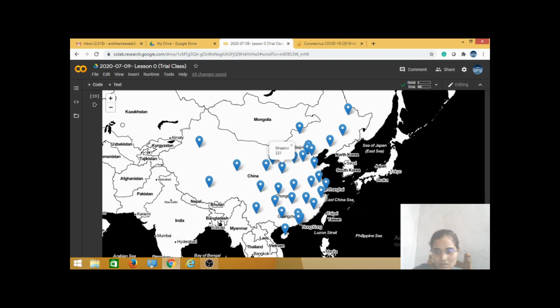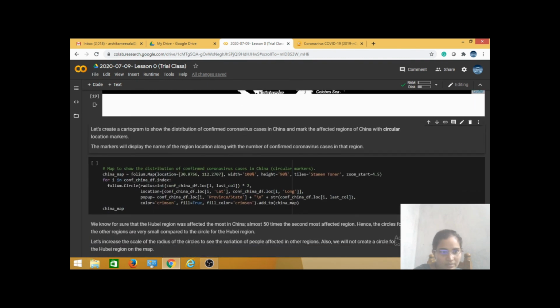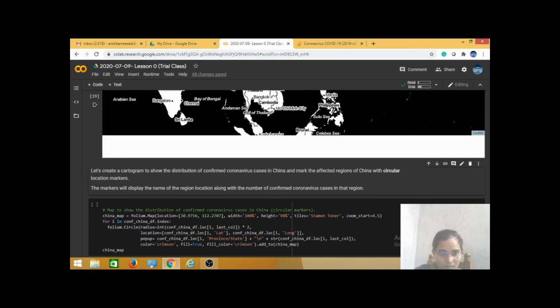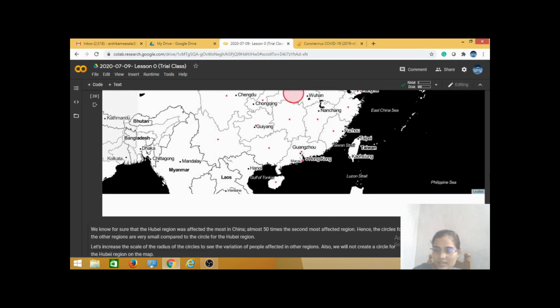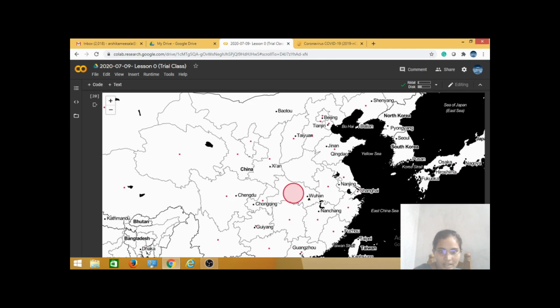And next concept we have is, we need to display the same map using red circular dots for the China data.